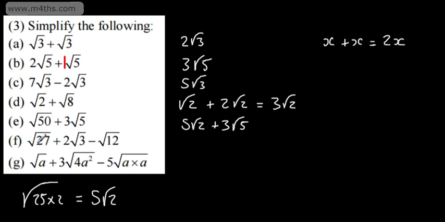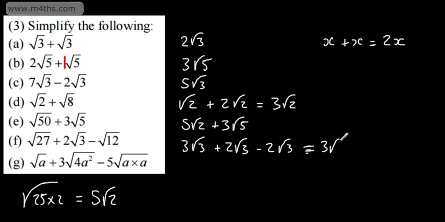Root of 27 plus 2 root 3 minus root 12. All I'm going to do is use my understanding from the first video to rewrite these. If you're not happy with rewriting them, go back to the first video and it should make sense. The root of 27 is going to give us 3 root 3. We've then got plus 2 root 3. We saw that the root of 12 could be simplified now to 2 root 3. These two are going to cancel, so we're simply going to have now on here 3,